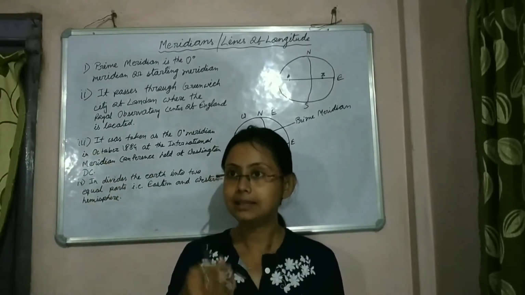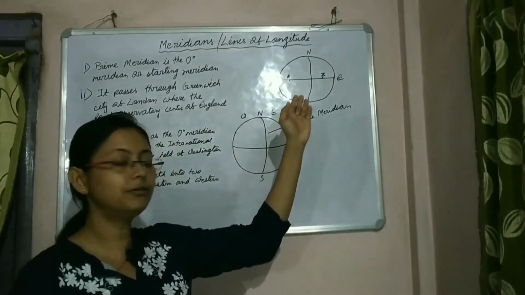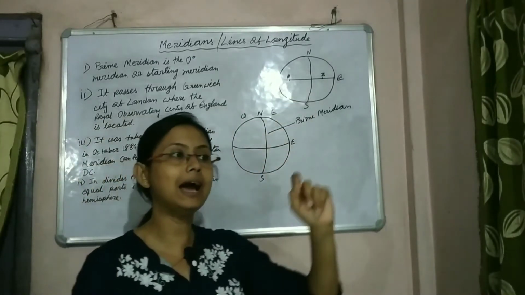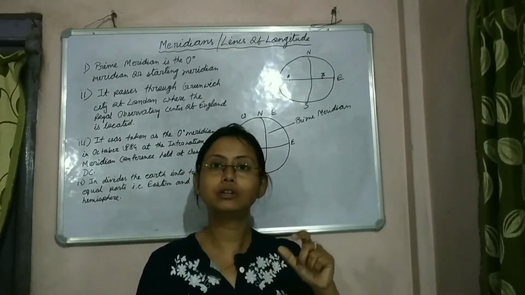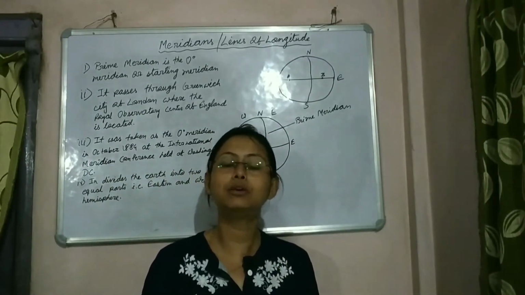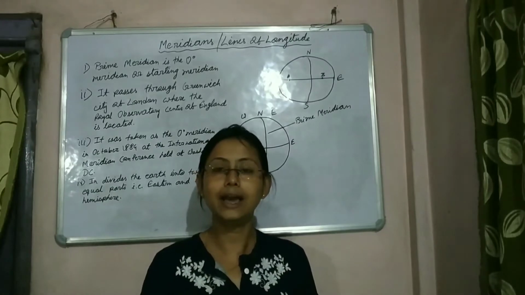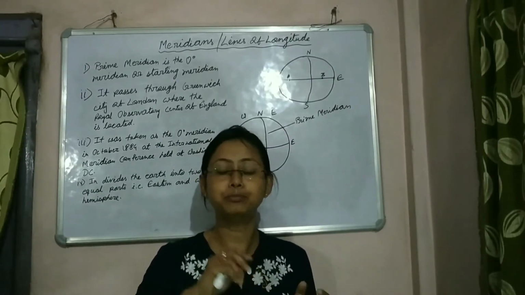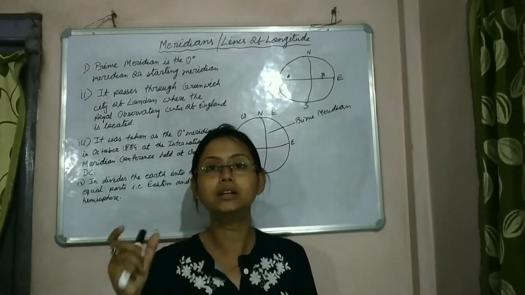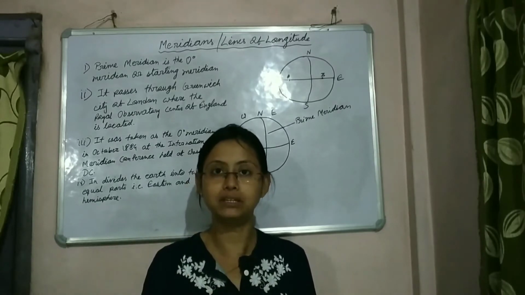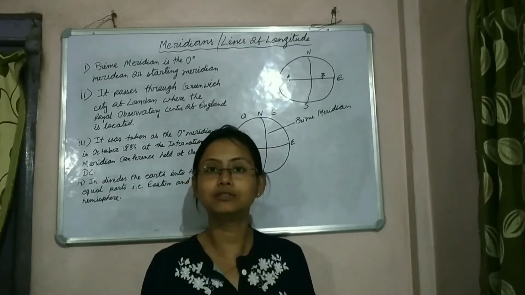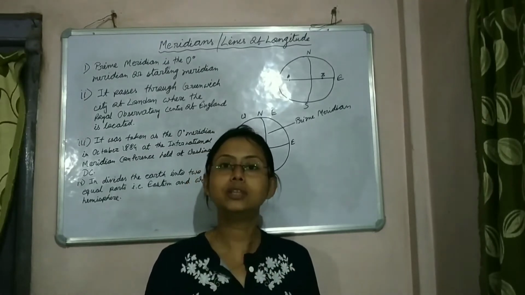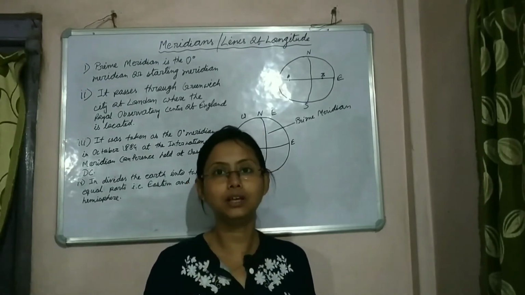passed through? The answer is, in the case of parallels, we can easily identify the equatorial line or the equator. Why? Because the equator is the longest parallel. And this parallel, the equator, runs through the middle or center of the earth completely. At the complete middle or center of the earth, the equator is drawn. So that is why we can easily identify the equatorial line.